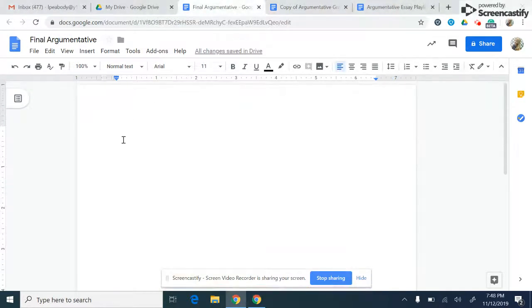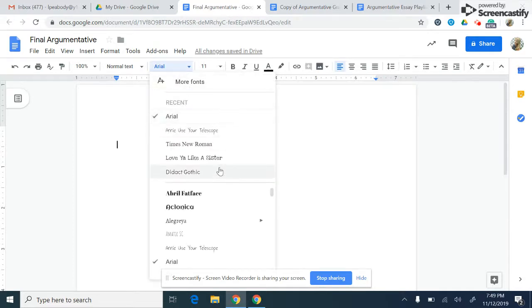So I created my new Google Doc. I want to make sure that this is in the proper format. So this is what you need to do. The first thing, I have to change my font. So right now my font is Arial size 11. That's not MLA format. So what I need to do is click the font button, and I'm going to scroll